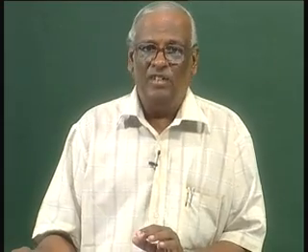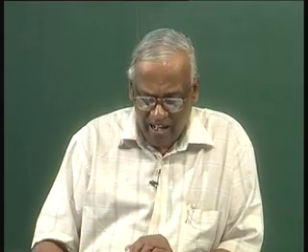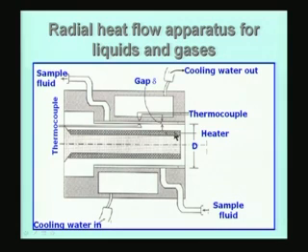In the case of radial heat flow, what I have is a cartridge heater in the form of a cylinder. This is the cartridge heater, and there is an annular region, this thin region here, of gap equal to delta. The diameter of the cylinder is d, and there is a narrow gap equal to delta through which heat transfer takes place from the hot plug